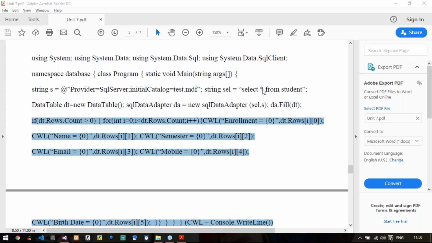Okay, so moving ahead. I have given the answer to the question that assumes there are 20 records and displays them. Now I will move on to this question: write a console based application to insert a new record in a table. So now I am going to insert a new record by taking input from the user. Coming back to the code, I will comment out this code for some time and move ahead from here.